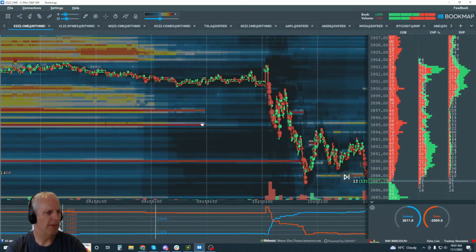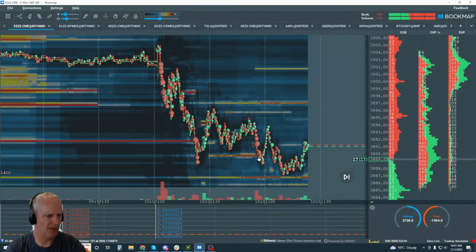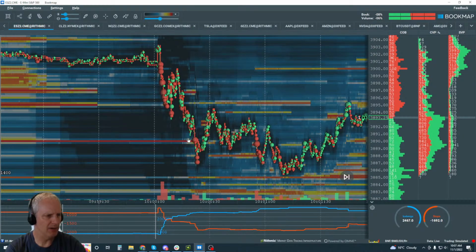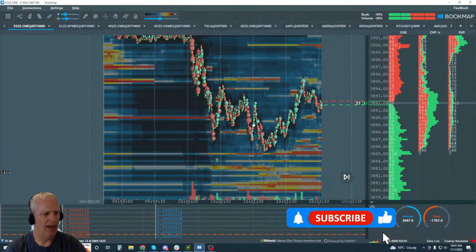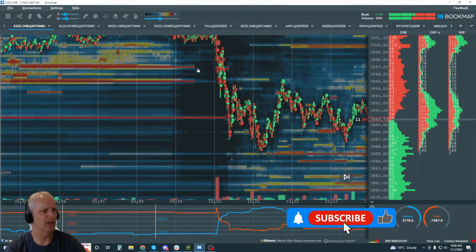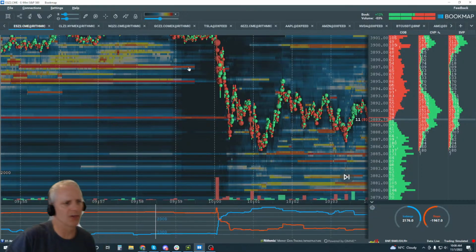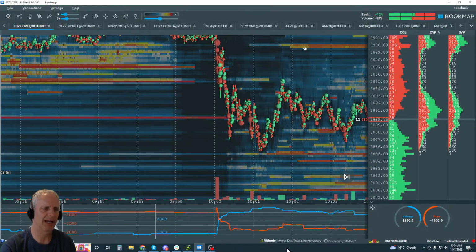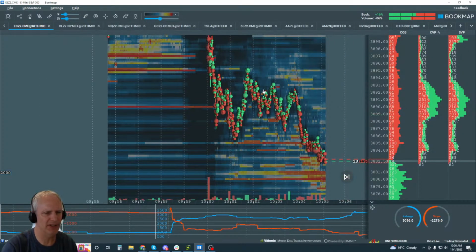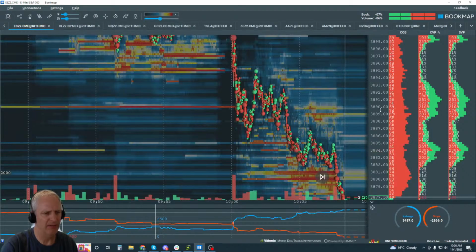But the market remembered these areas, and it traded to this liquidity here and bounced back to where it dropped from at 3900. Then it continued and traded into and through this at 90, but then it bounced around in here because of these players. I don't know how it knows, but the market gets a feel that this is about the right move for the first knee-jerk reaction to the downside before doing the second leg down. Anyway, interesting stuff, and we can see the follow-through here now.